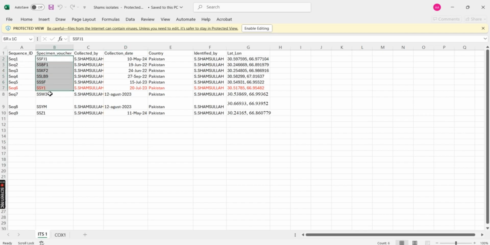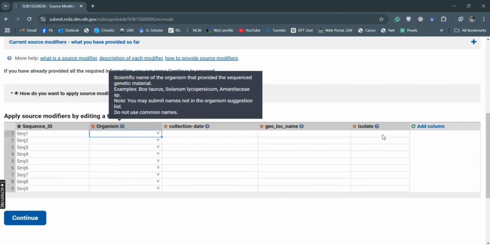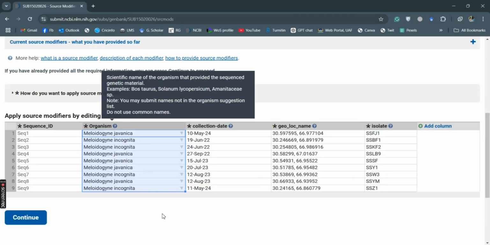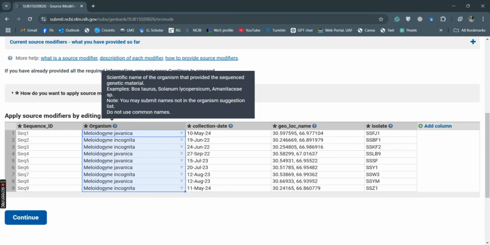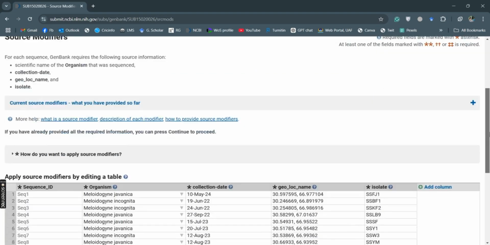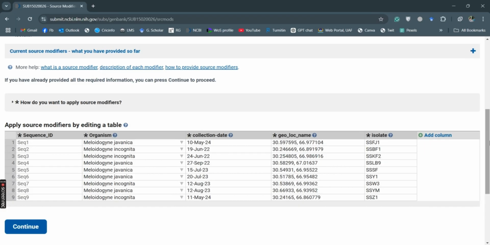this isolate name. For example, I copy and I paste on isolate names. Here we must confirm it: incognita, javanica. Okay, so this is confirmed. Now here we'll continue. This is the main information. If you want to add some column, you can also add some column as well. So we'll continue,